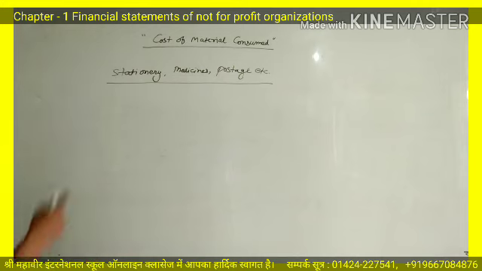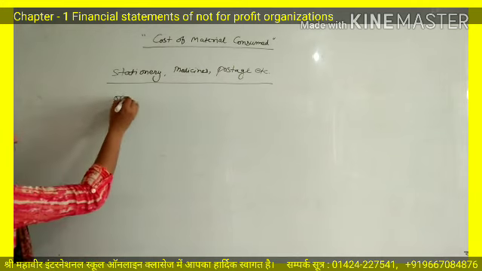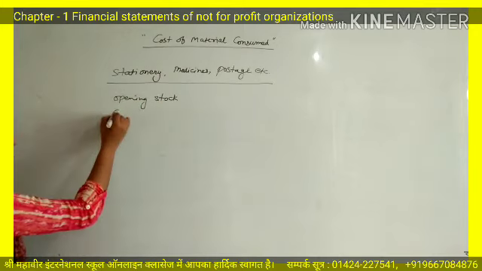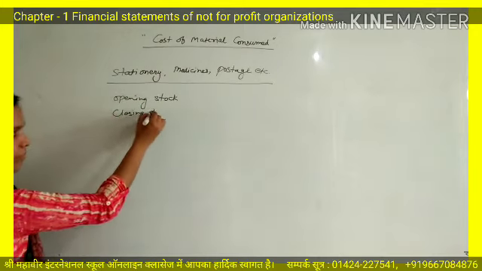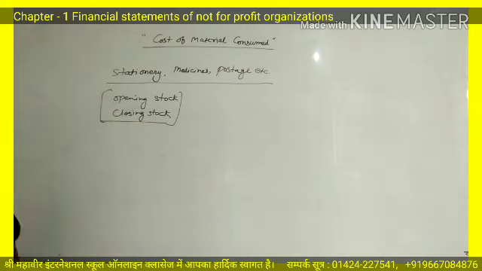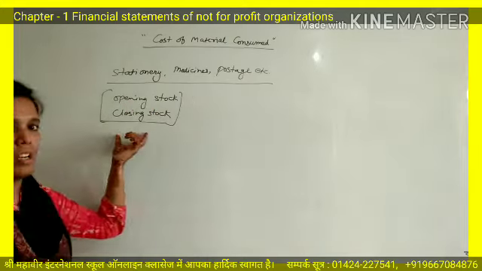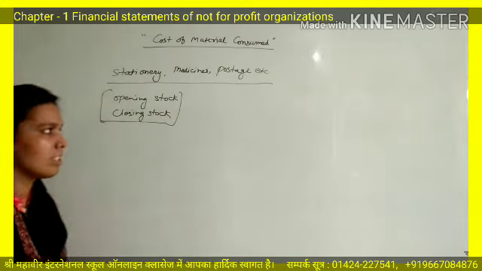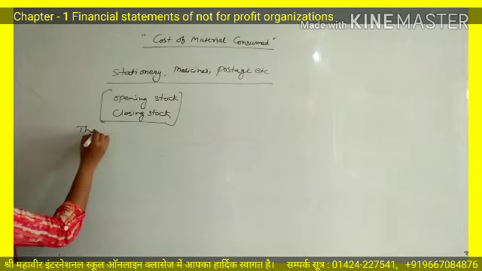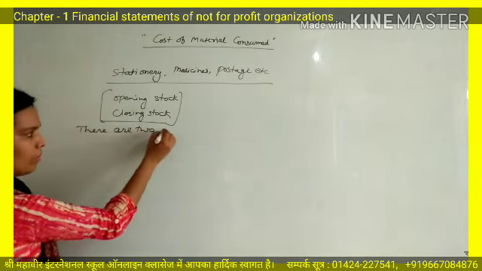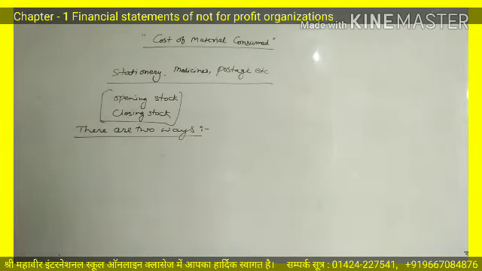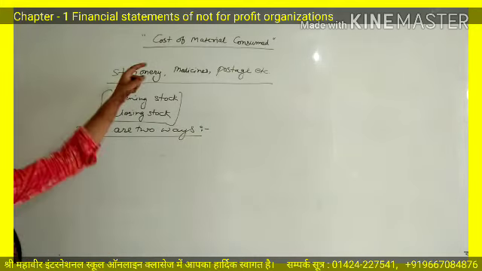Okay. So in this type of question, you are given opening stock and closing stock. You will find these two figures in the question, that is, what is the opening stock of material and what is the closing stock of material. Easily you will find these. So what will be the method of finding the cost? Actually there are two ways of this concept, that is how we will find the cost of material consumed.